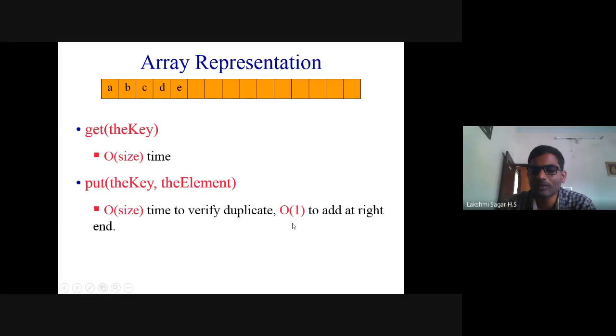So to perform this operation, it will take constant time, big O of 1. Suppose you want to remove the key, it takes big O of size of the array. This much time it takes to remove or delete the key.